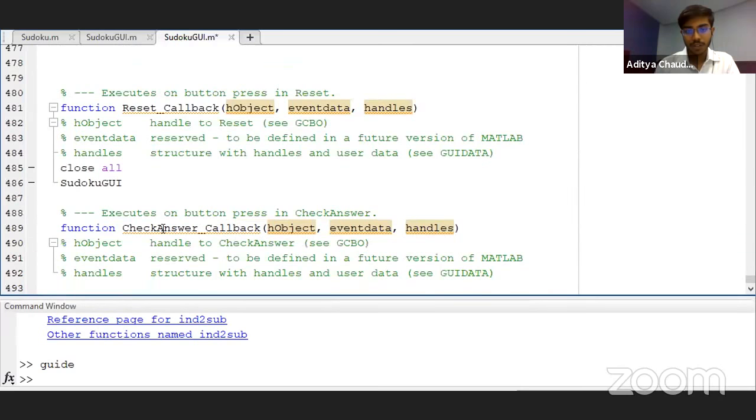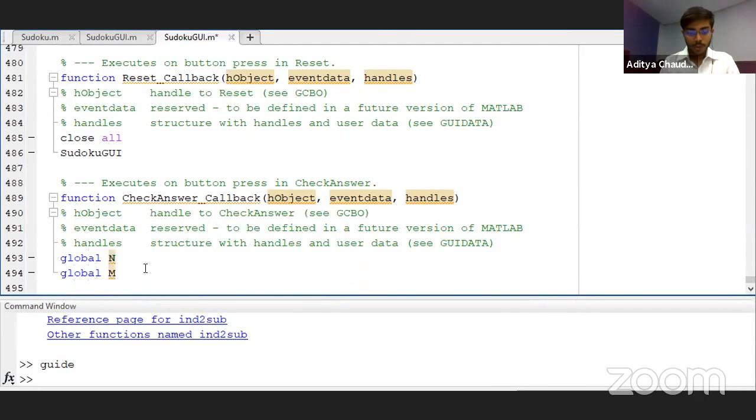button, which is our check answer button. In this part, we are going to check the value. We'll be creating another variable, which will be t, and we'll be comparing the answer which is stored in n with this variable. So we'll be again calling the Sudoku function. Whether we are generating a Sudoku or checking it, we are recursively using this function. So Sudoku will be calling this function, and we have k equals to 1.